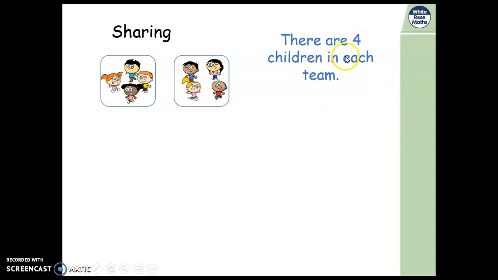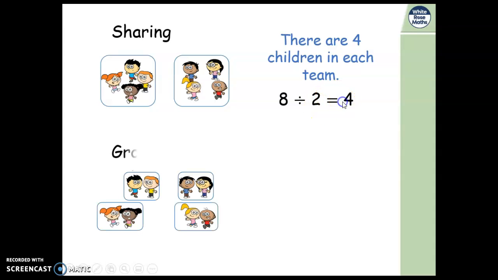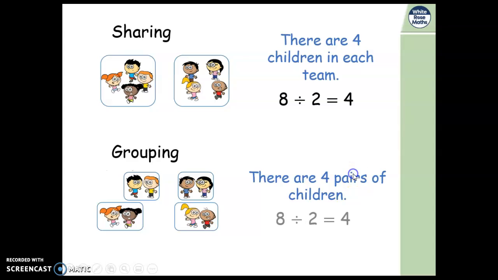Sharing. There are 4 children in each team. 8 divided by 2 equals 4. Grouping. There are 4 pairs of children. 8 divided by 2 equals 4. So sharing and grouping, okay,